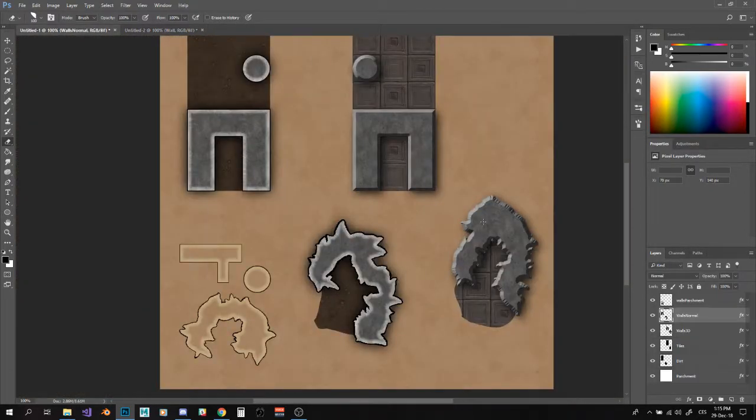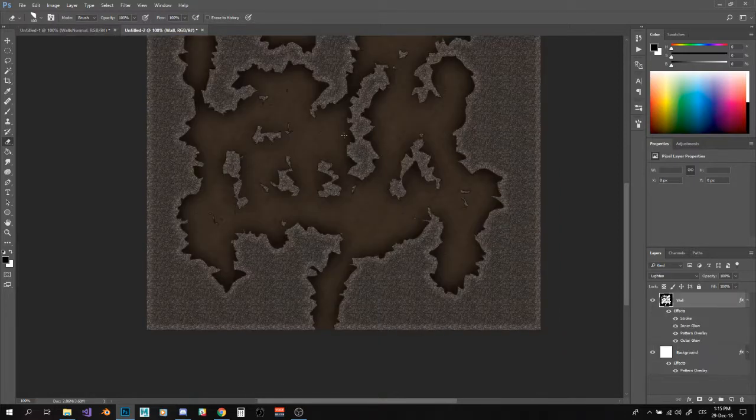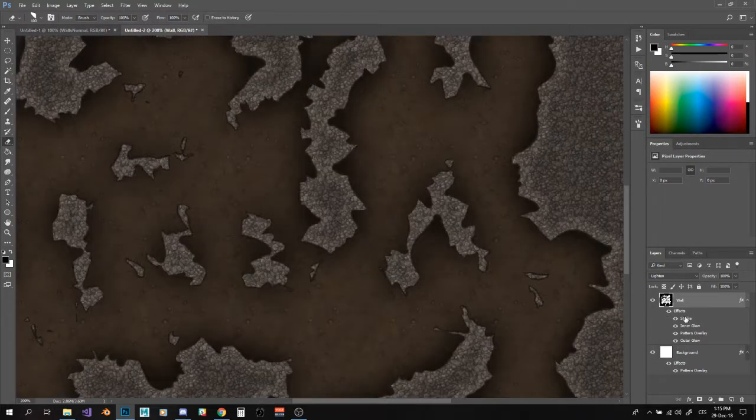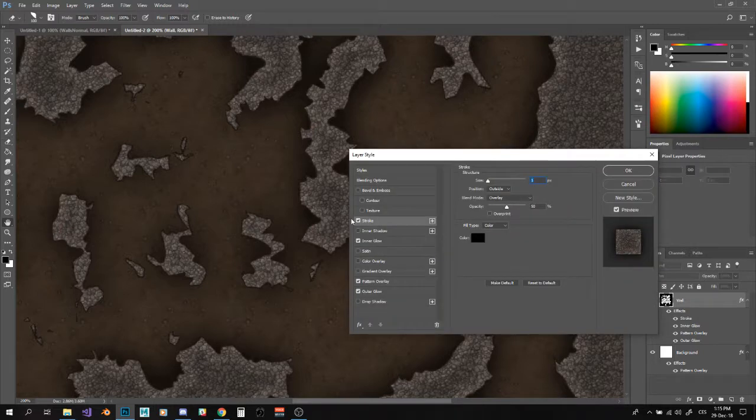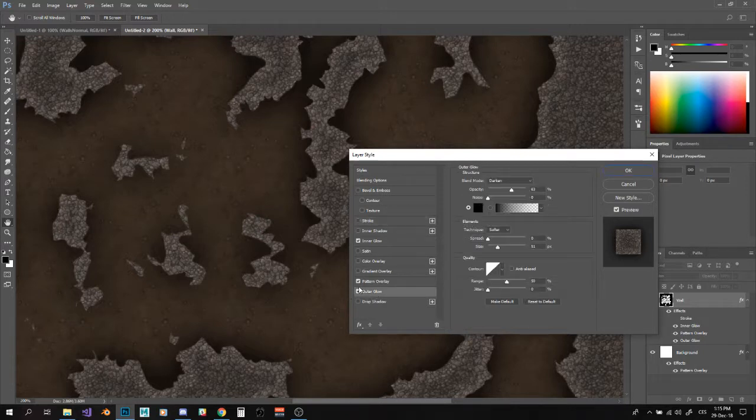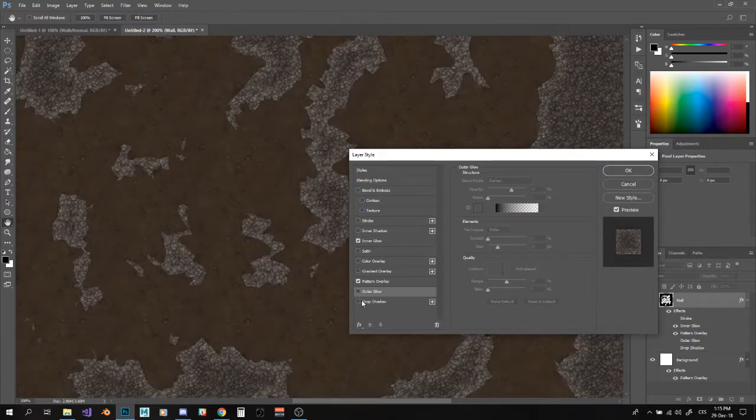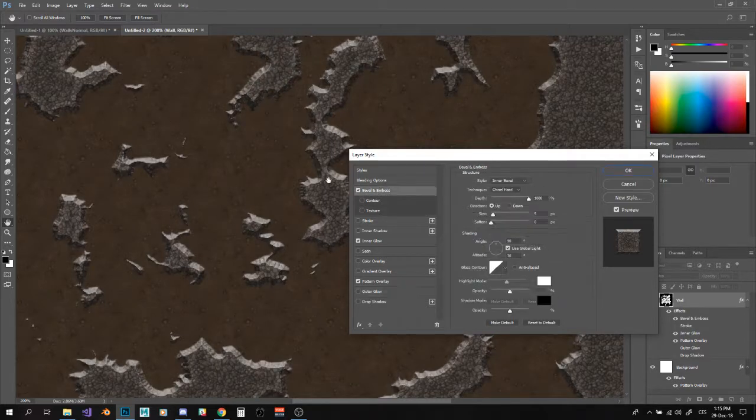Now the third style, this one, uses bevel. If you want to use bevel, I actually recommend turning stroke completely off. And you can use outer glow as well, or if it's supposed to be some wall which is in the exterior, there's light going on that wall and so on, it's not actually the walls of a cave or some dark place, I recommend using not outer glow but a drop shadow. So first let's turn everything off and let's just use bevel and emboss in the first place. So bevel and emboss,